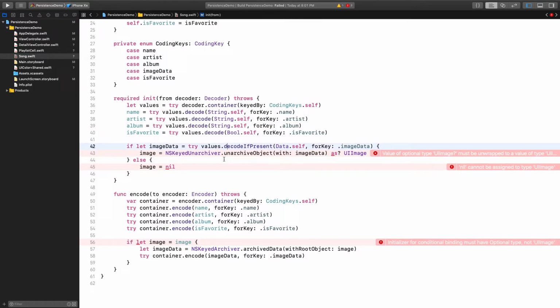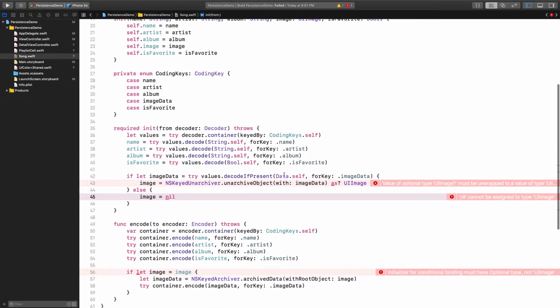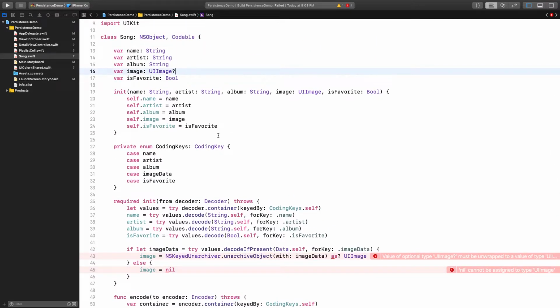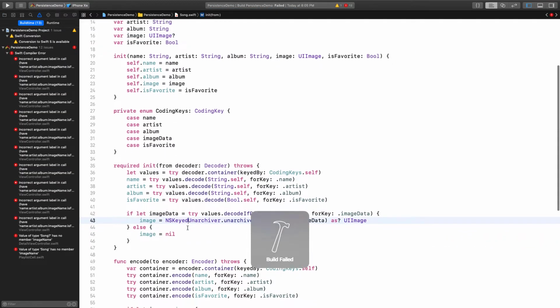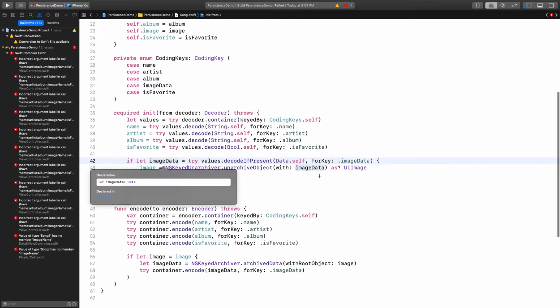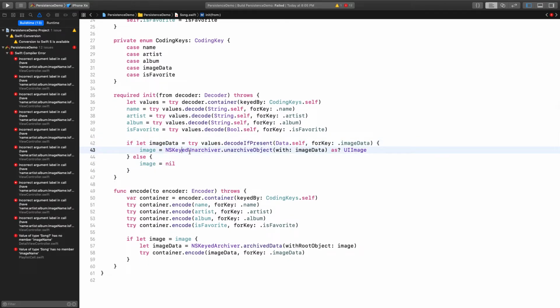And then we actually have to do something special with the images because UIImage doesn't actually conform to Codable. The way we do this is similar to how you use user defaults. You decode it as data, and then you use NSKeyedUnarchiver to cast to a UIImage. It's yelling at me because this should be an optional. Yeah. So now this is a little different. You only decode if this value is present. So you're going to try to decode it, and this will return of type Data, and then using NSKeyedUnarchiver, which allows you to unarchive your data. If we use this again,